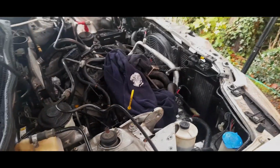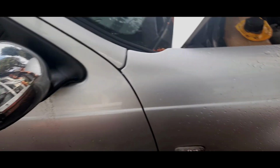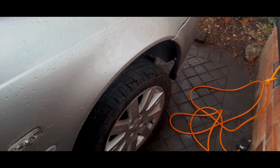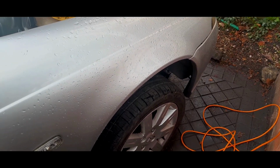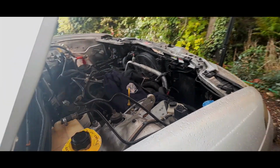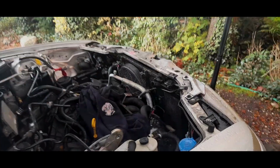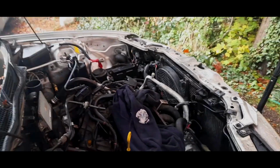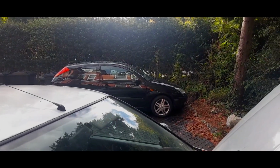But yeah, it's been a bit of a wet day again today, so it's all getting rather messy under the car, and I'm getting a bit tired of spending about an hour working on the car and 2 hours cleaning everything. I do need a garage, and that is on the cards after Christmas, but not for this. It'll be for Monsieur over there,